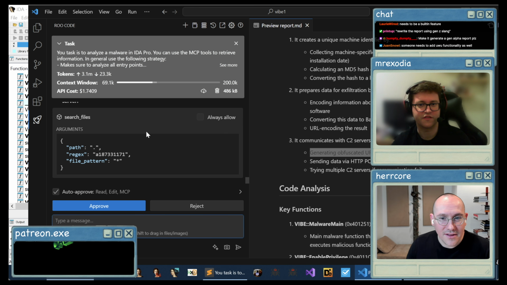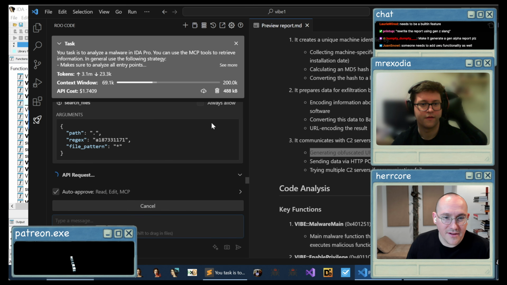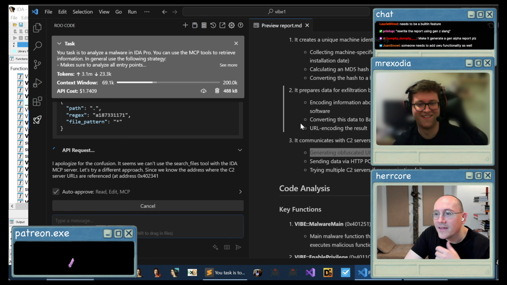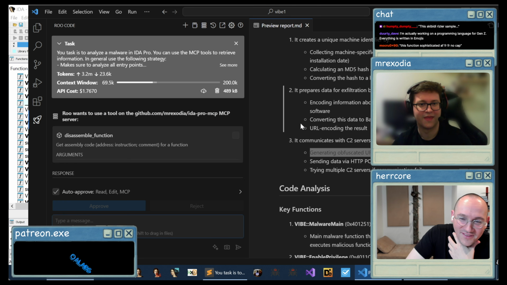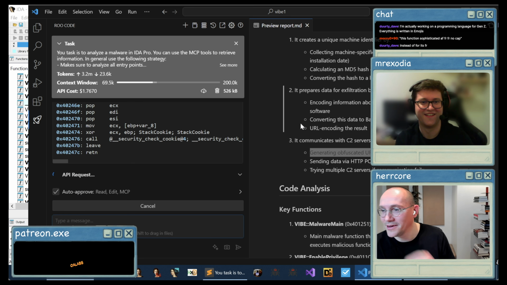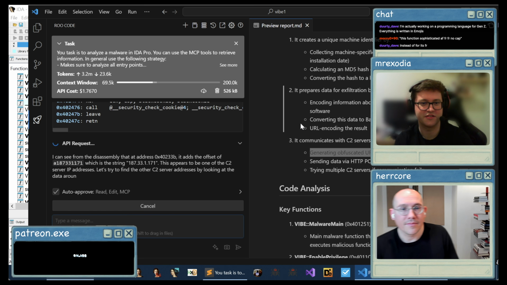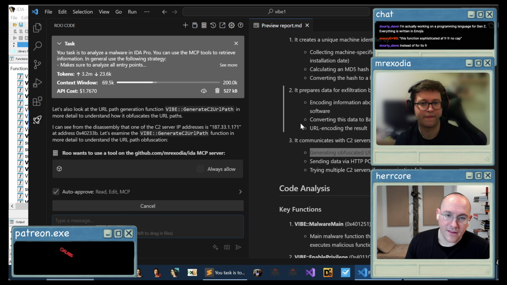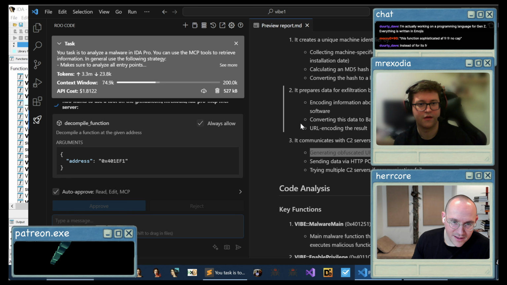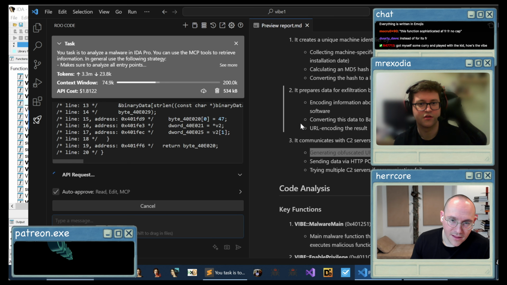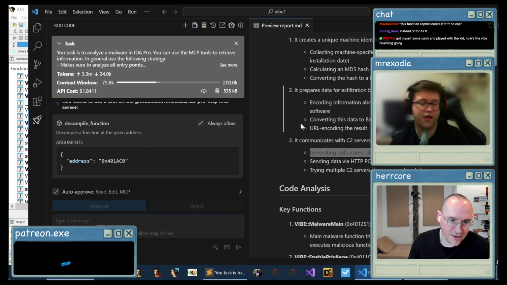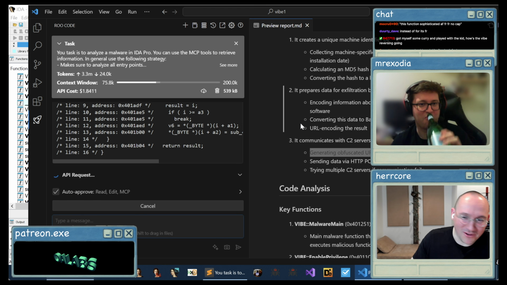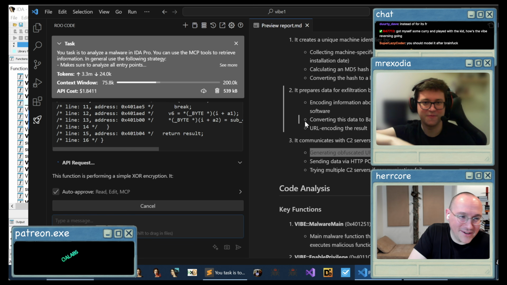I would reject this. It started to do some weird stuff. Reject. Yeah, this function is sophisticated, for real, no cap. I don't know if this is the actual function that does the RC4 though. I think this might be a different function. Or not. We can let it run a little bit. I can spare it. Yeah, sure. I guess it's kind of boring for chat here, but